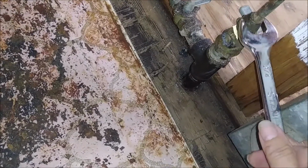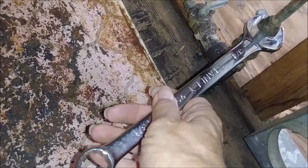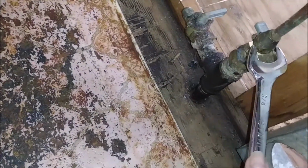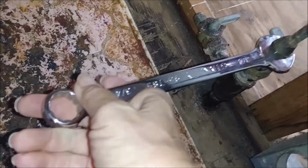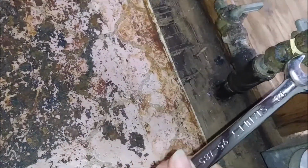Okay, I'm trying to hook the pipe for the propane back up. Get her on nice and tight. This is a 3/4 inch wrench. There we go, nice and tight. And I used the yellow tape on it. So,